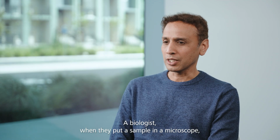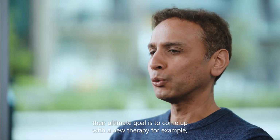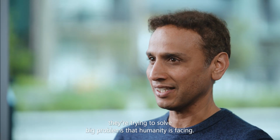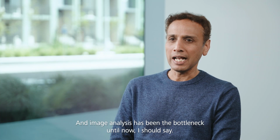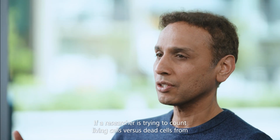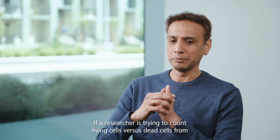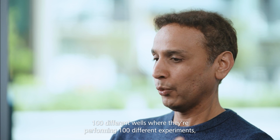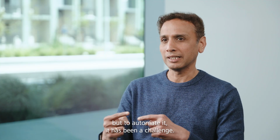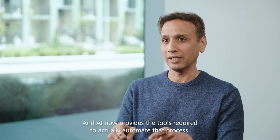A biologist, when they put a sample in a microscope, their ultimate goal is to come up with a new therapy, for example, or they're trying to solve big problems that humanity is facing. And image analysis has been the bottleneck until now, I should say. If a researcher is trying to count living cells versus dead cells from 100 different wells, where they're performing 100 different experiments, to automate it has been a challenge, and AI now provides the tools required to actually